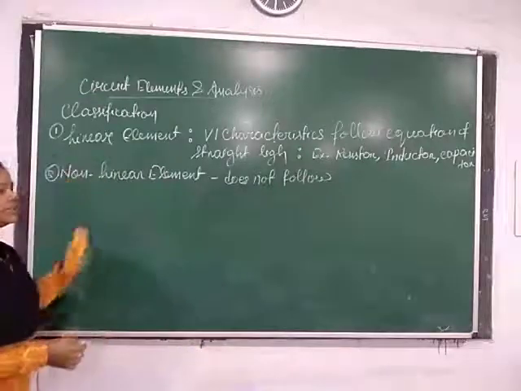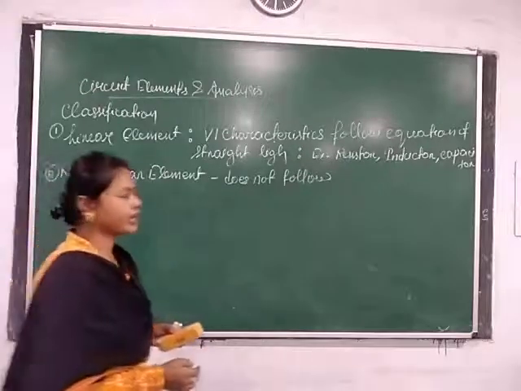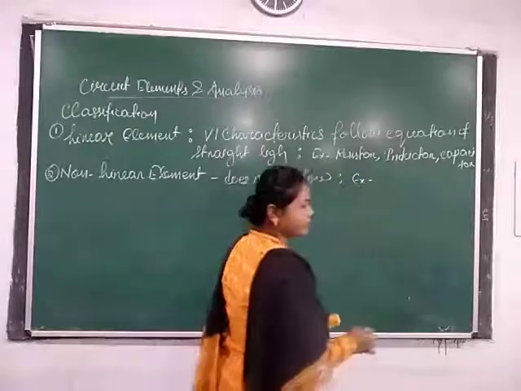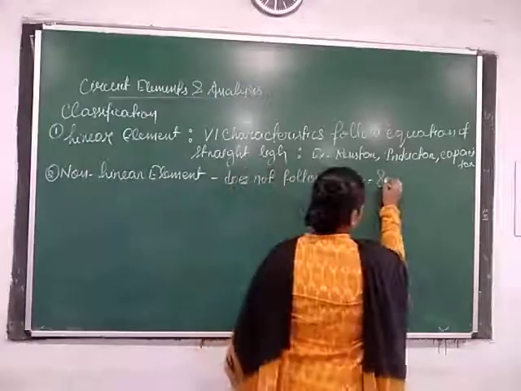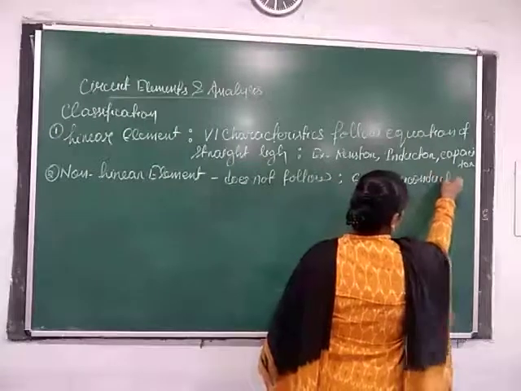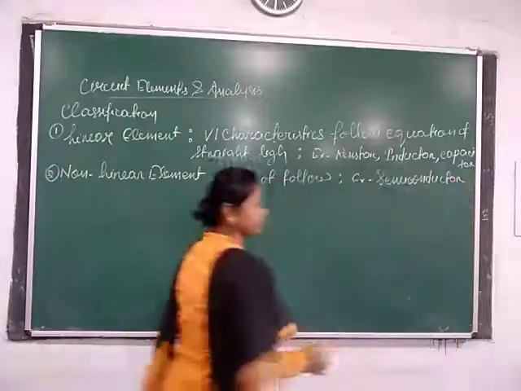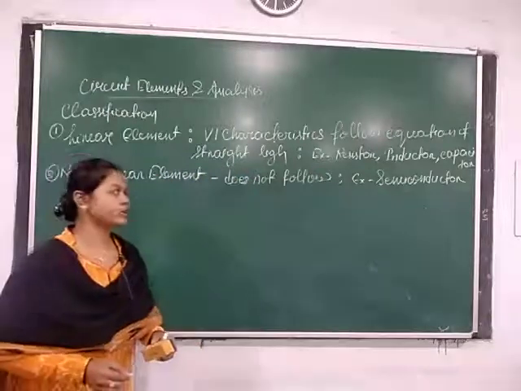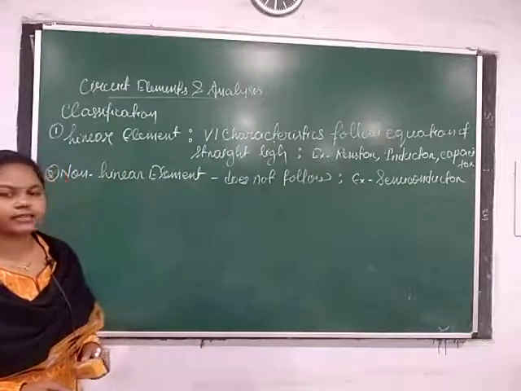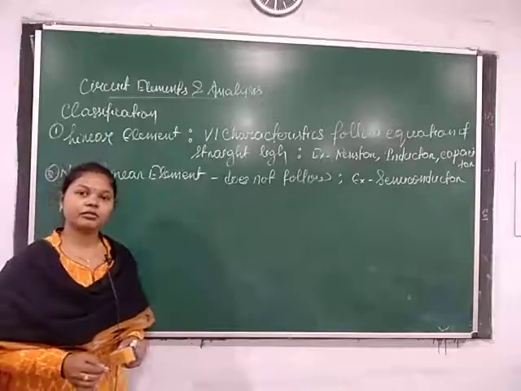And non-linear circuit element examples are semiconductor devices like transistor, diode, etc. Here you may have the question: how do the VI characteristics of resistor, inductor and capacitor follow the equation